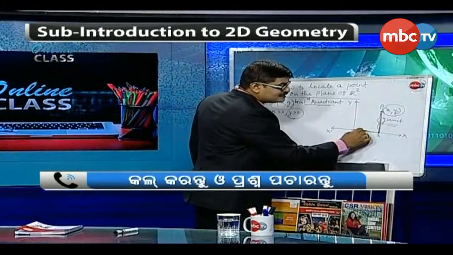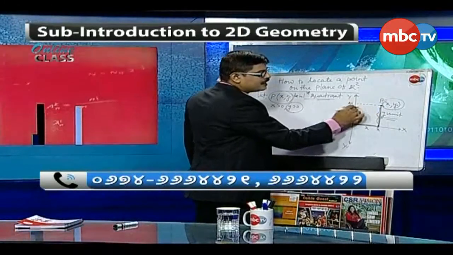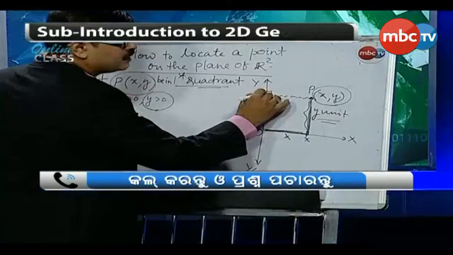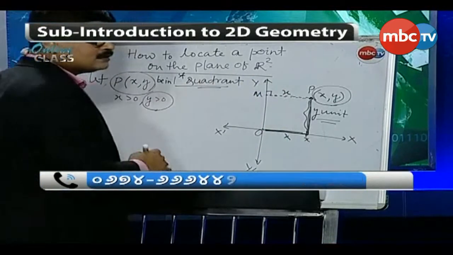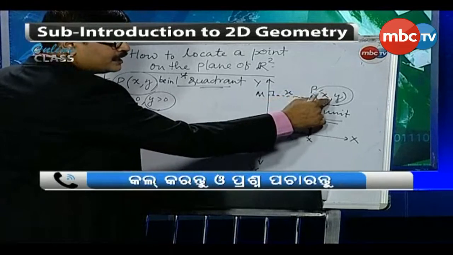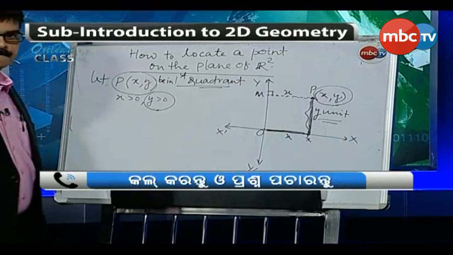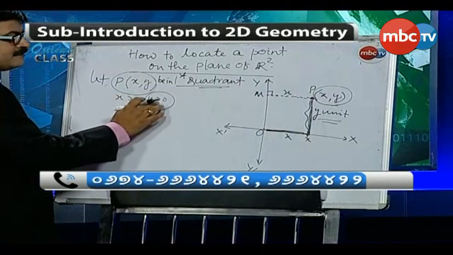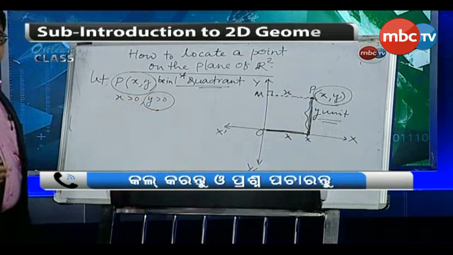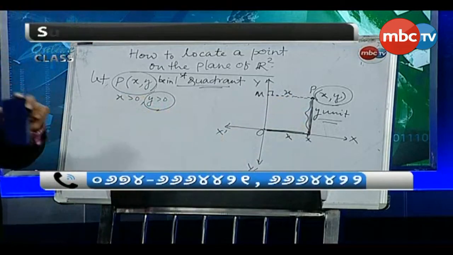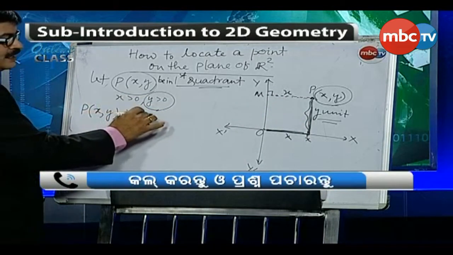Similarly, as this distance is x unit, we can say this PM length, if PM is perpendicular to the y axis, will be x. That means, the distance of the point P(x, y) from the y axis is x. In this case, as we have taken x positive and y positive, x is a distance, y is a distance. If in general you are given a point P(x, y), if P(x, y) is any point